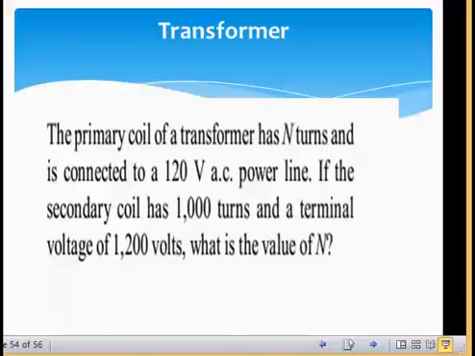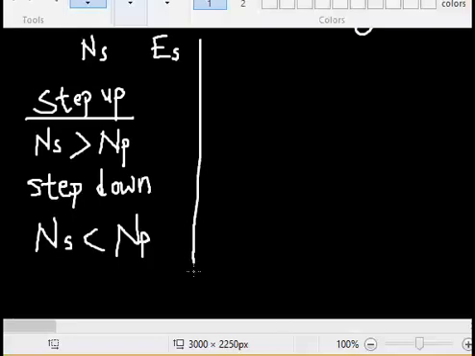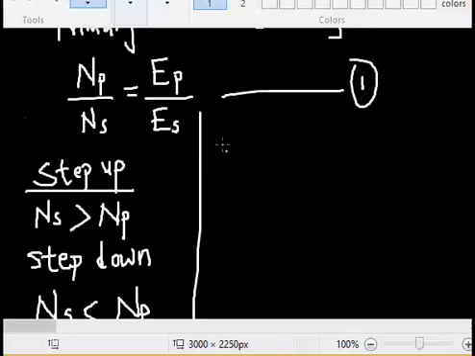So now I think I have a question here, a question on transformers that I will solve. It goes like this: the primary coil of a transformer has N turns and is connected to a 120 volt VAC power line. If the secondary coil has 1000 turns and the terminal voltage is 1200 volts, what is the value of N? So we are looking for NP, the number of turns of the primary. Of course you know the formula I'm going to apply here: NP over NS equal to